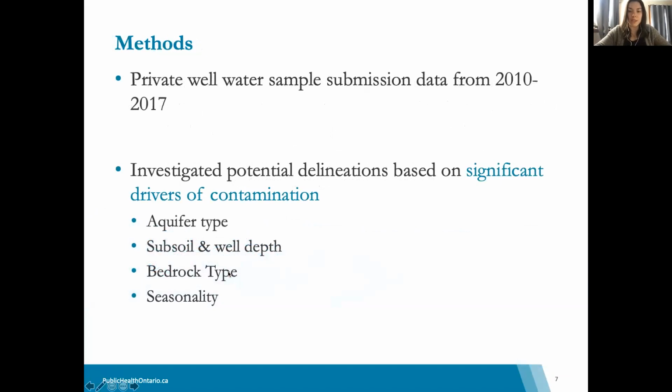So well water submission data from Public Health Ontario from 2010 to 2017 was analyzed for E. coli to study the relationship between sampling frequency and E. coli detection in Ontario private wells. Detection rates were further analyzed relative to geological setting, season, and subsoil and well depth. Bivariate statistical analysis was performed when comparing greater than 2 groups of detection rates